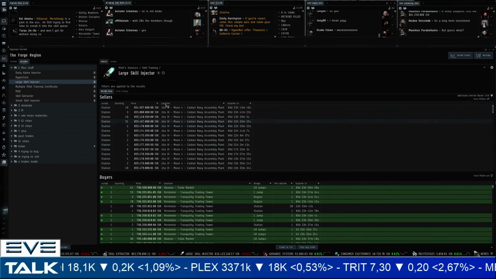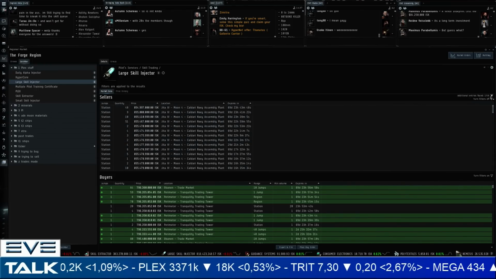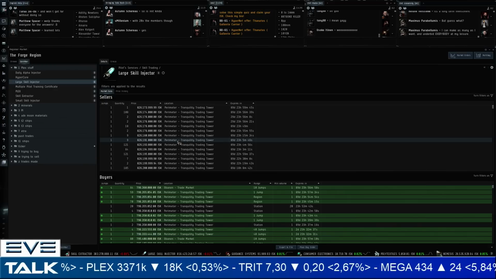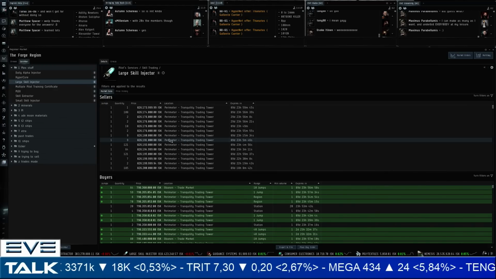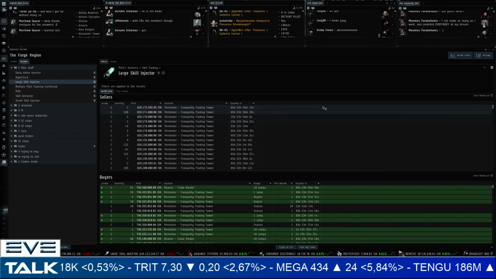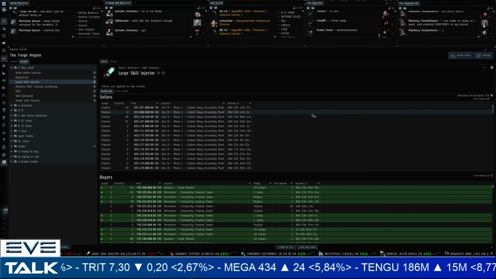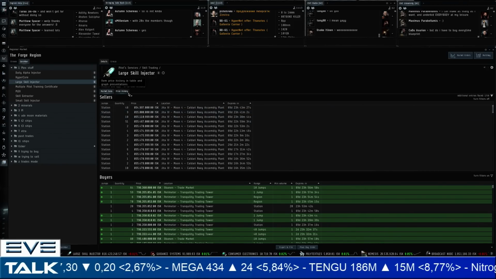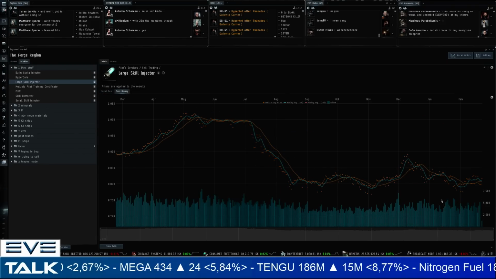So in JITA we're selling them for 855 million, buyers are at 796, and then the sellers in the player on trade hubs are going down to 826 million. That is a pretty big difference all of a sudden. Basically you can still buy these for less than 800 million ISK. Sellers in the trade hubs go for 826, and then we double that margin again in JITA, going up to 855. Should be another sign, in my opinion, of upward pressure,